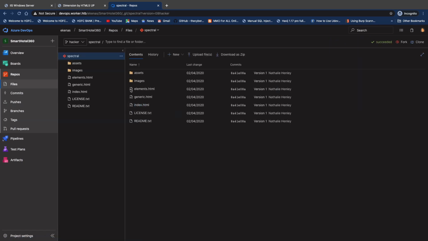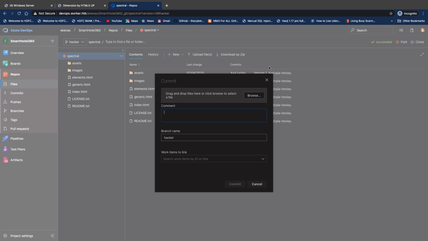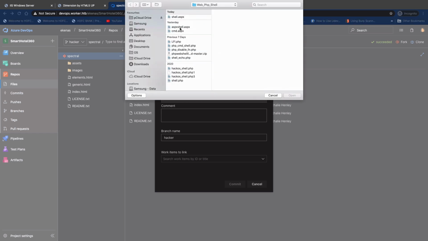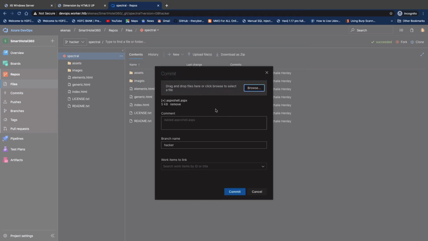After that, you can see clearly there's an option called upload file. Let me click here, upload file, and I'll try to browse. I'm going to upload my shell, called shell.aspx. You can easily download that shell from Google, or it is available under usr share webshell. So you can go to the Kali machine, go to the webshell directory, and you can edit the things. So open it. After that, you just type something like web, and we don't have any idea about this, so leave it as it is and commit.